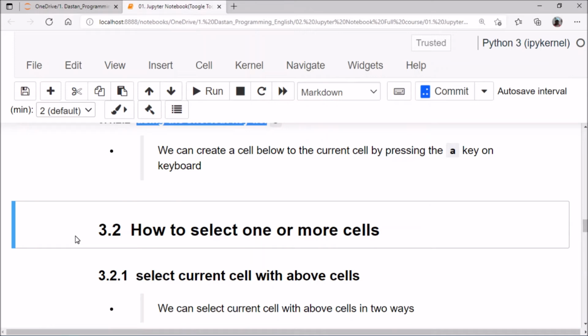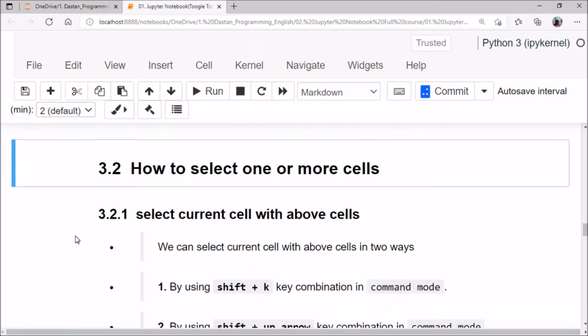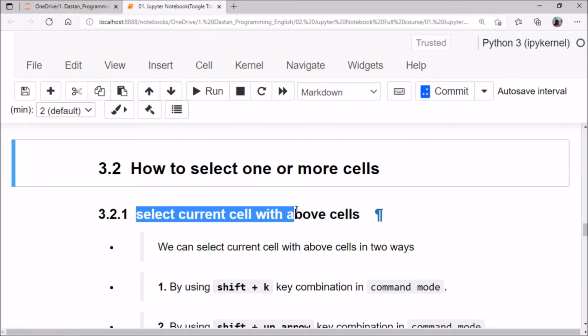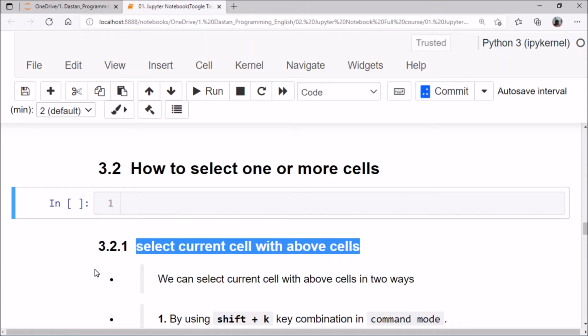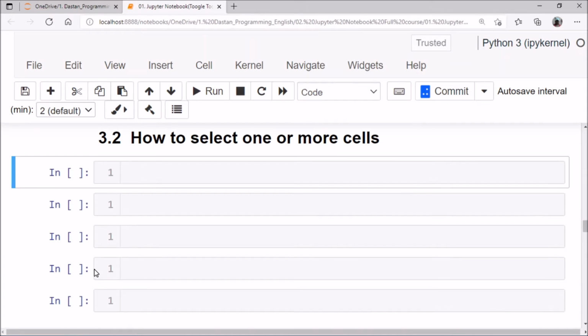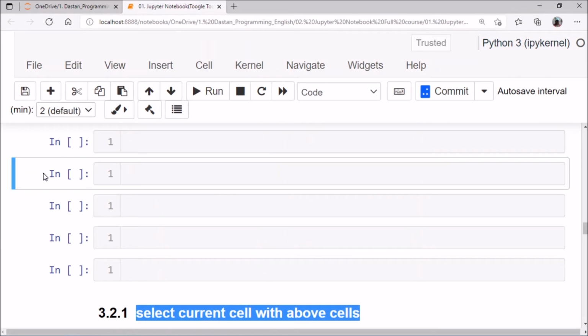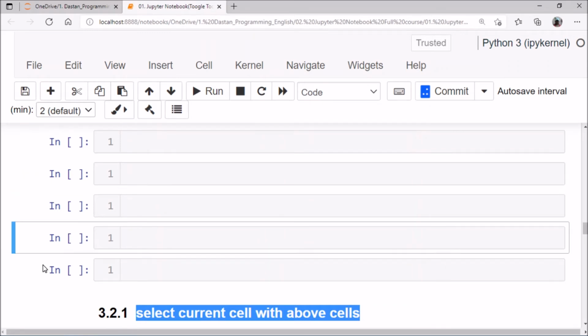To know those things, first we should understand how to select one or more cells. So there are two ways. First, I have created 5 cells here, 1 2 3 4 5.